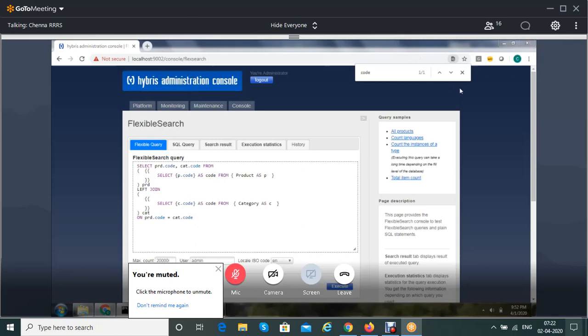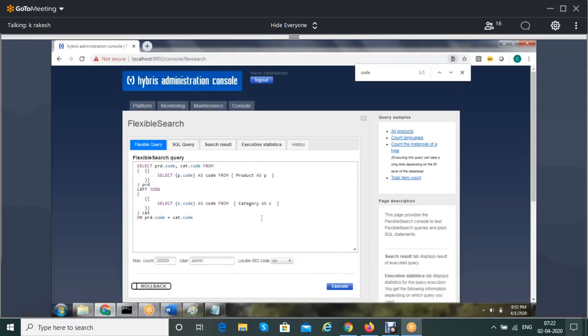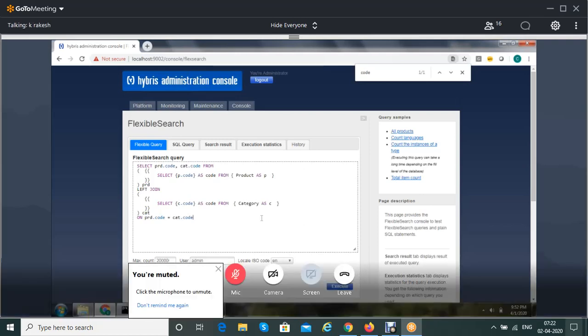You guys are there? Yes. Joining product and category table, and out of that, which is having the common code. Okay, excellent.